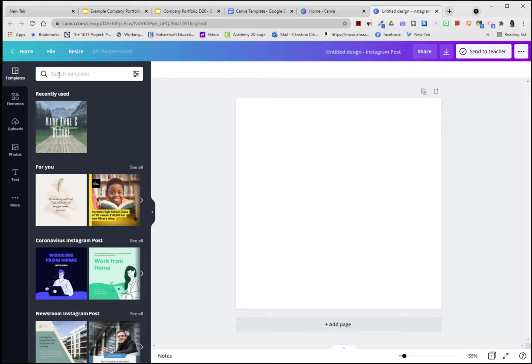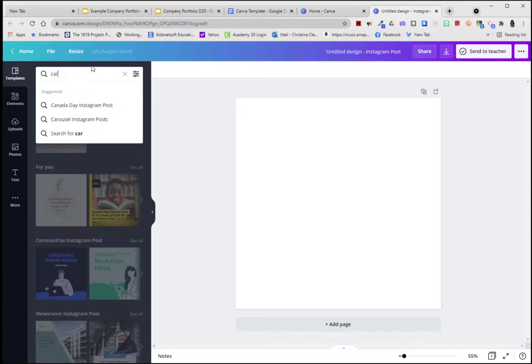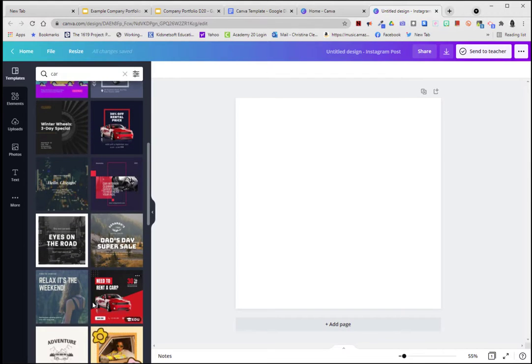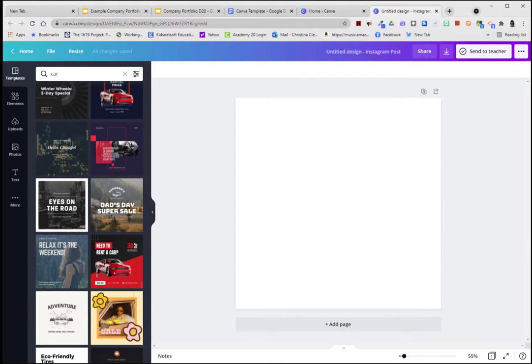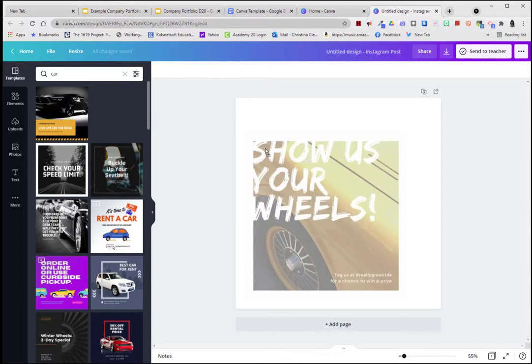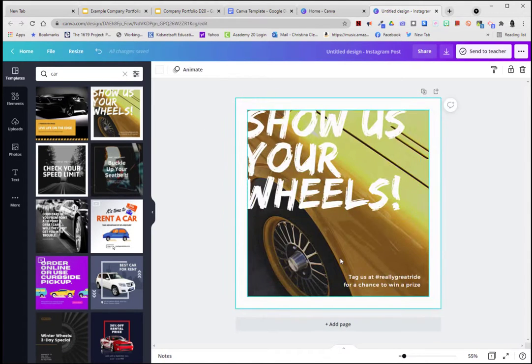So let's say you're doing a car museum. I'll go ahead and type in car and see what we get. So if you want to do a promotion for your car museum, this would be great. And I'll go ahead and look for a wonderful template. So I'm going to go ahead and grab this one and drag it onto the blank canvas, and the image